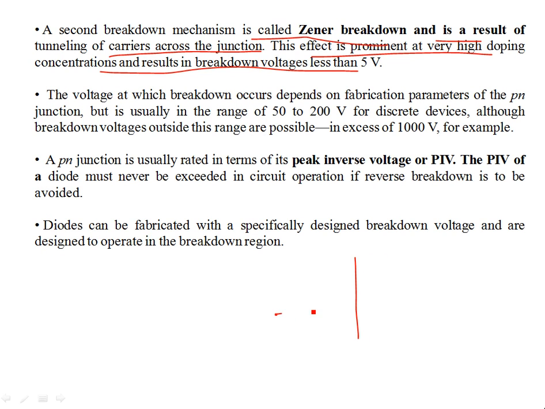Now, Zener breakdown voltage is usually lower than your avalanche breakdown. So in the typical characteristic of the diode, Zener breakdown is going to occur much before the avalanche breakdown. So for example, this is your VZ, because of the high doping concentration of Zener diode as compared to the normal diode. So this is the breakdown voltage of a normal diode, VB. VZ is occurring